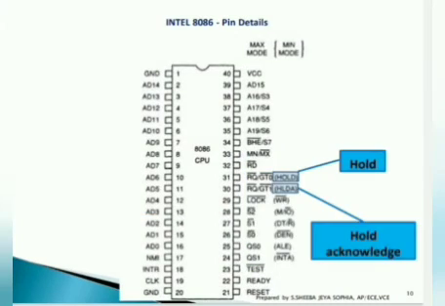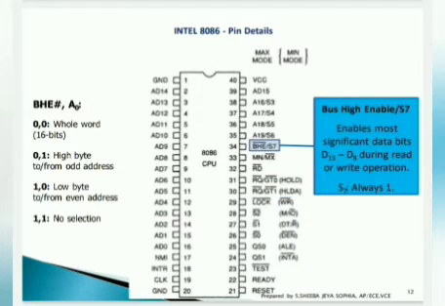Another one is ALE. You can see the 25th pin and 24th pin. ALE refers to the address latch enable, which is used to multiplex the address as well as the data bus which contains the address information, and INTA bar refers to the interrupt acknowledgement. If you are giving an interrupt request, it needs the acknowledgement from the system, then only it can start transferring the data. So interrupt acknowledgement is given by this INTA bar.